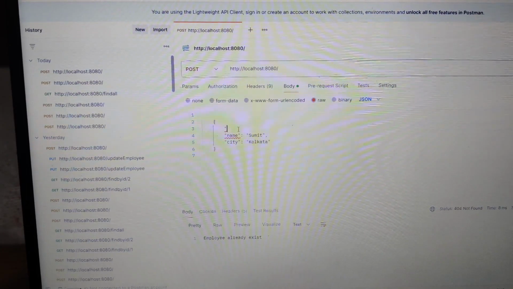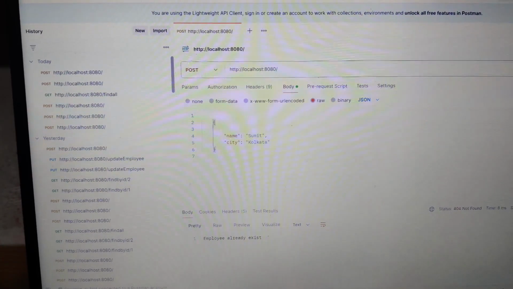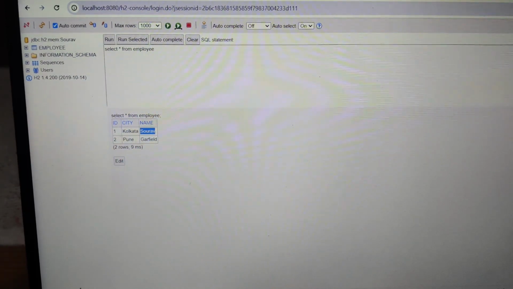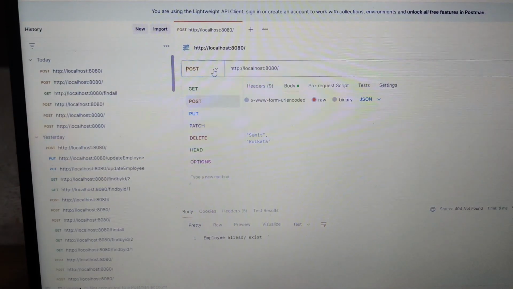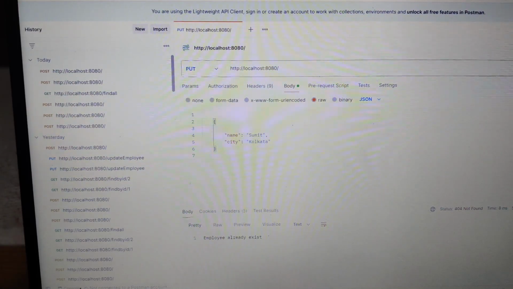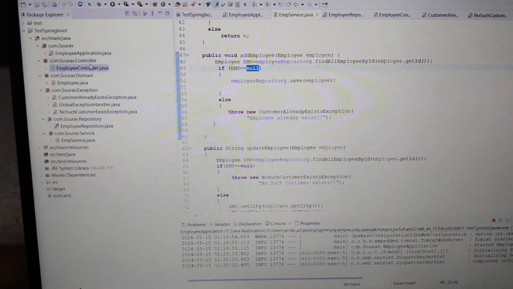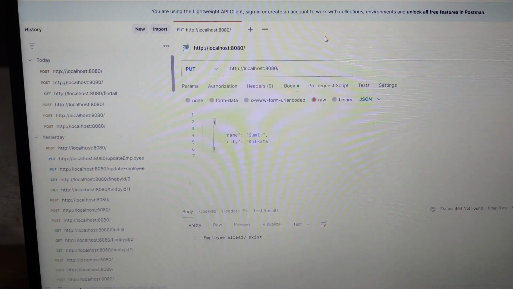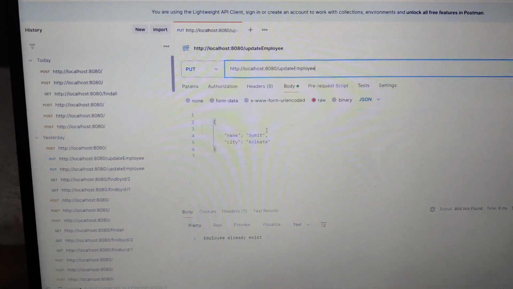Now what I need to do, we need to update the name. So here if you see, there are two records, one is Kolkata Saurav, two is Pune Garfield. So I need to update this name from Saurav to Ritama. What I need to do, here put is already there, and let's check what is the controller method, put mapping update employee. So let's copy that one, keep it here, name equal to